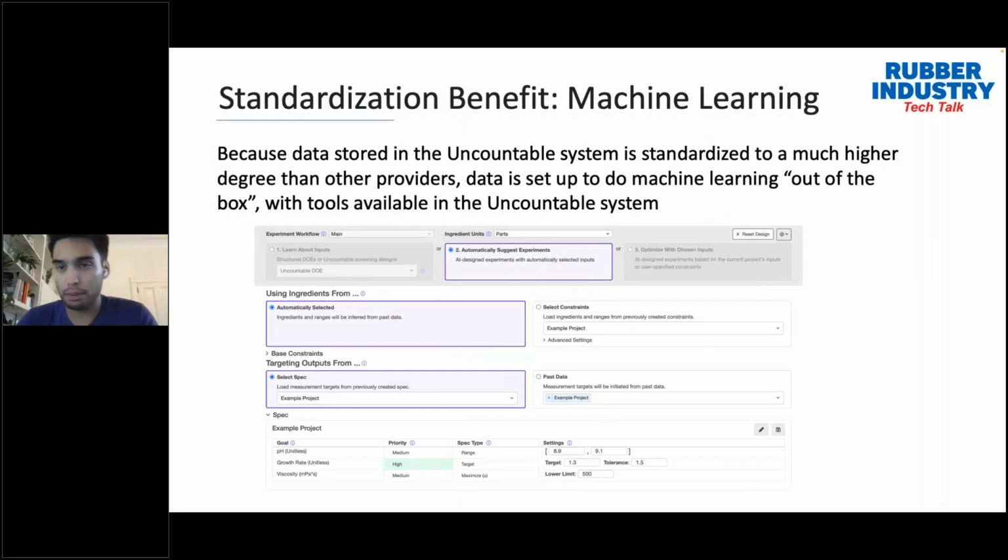So what we have in the Uncountable platform are built-in predictive tools that are able to feed from this wealth of organizational know-how that you guys have collected. So what the Uncountable system is doing is, by teams doing their day-to-day lab work, working on new formulations, recording the results of your tests, creating lab requests, and having everybody collaborate in this tool, everybody is inadvertently adding to their machine learning models' understanding of their own formulating space. So you're able to do things like on this slide right here, being able to have the system suggest a formulation that is most suitable for you to achieve some desired performance characteristics.